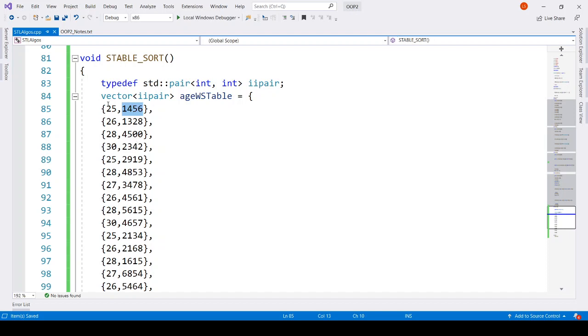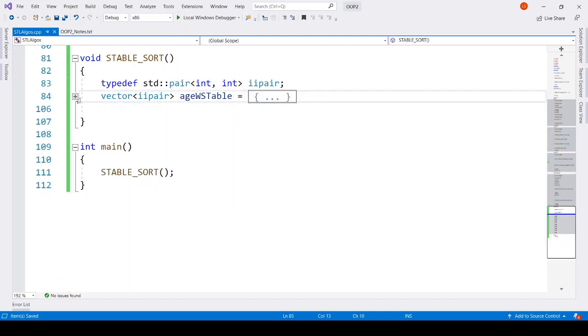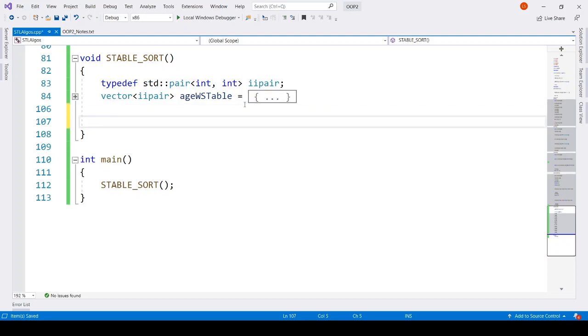So for example, this 25 age 1456 weekly spend will be existing before 25 2919 weekly spend. When we apply stable sort, this order will be preserved. So we should see the same result as we saw in our Excel in multiple column sort, right? So let's try to do that and see if it works.